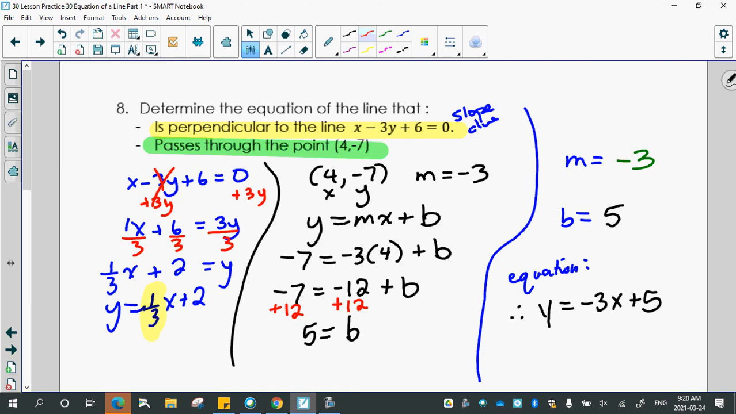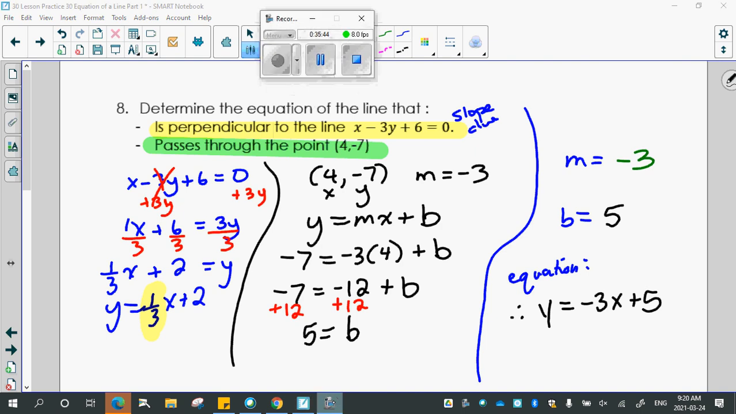So each one of these is like a puzzle, okay? It's a problem. You're given clues and you have to figure out how to use the clues to get the m and the b, and then once you've got the m and the b, the equation part's easy, okay? But it's not